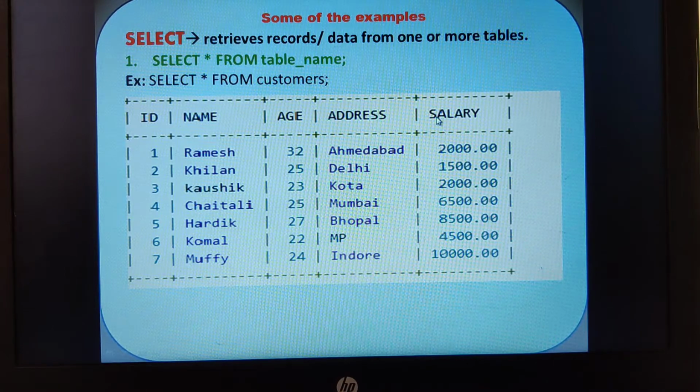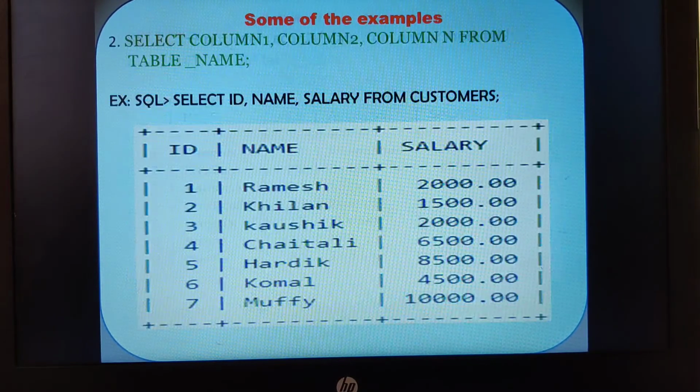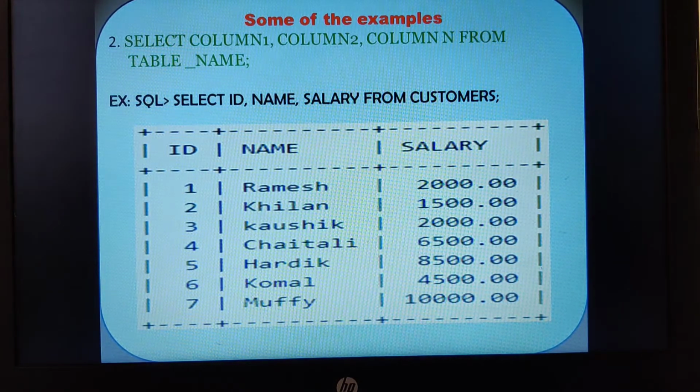I want to specifically see only a few columns from that particular table. Then how do I write the syntax? First we shall see the syntax, then we shall see the example. Select, I have to use again because we are retrieving certain columns from a particular table. So select column 1, column 2, up to column n. It might be only one column of data you want to see, or 2 columns, it's left to you. Then from which table, you have to mention the table name here.